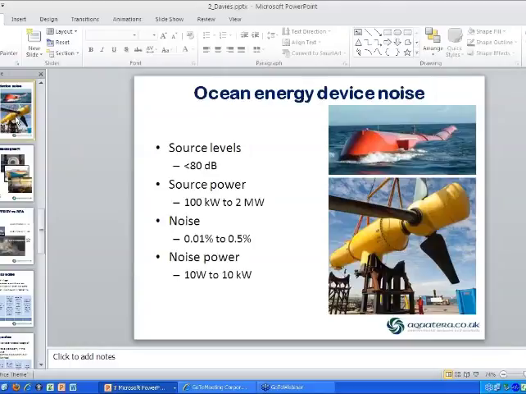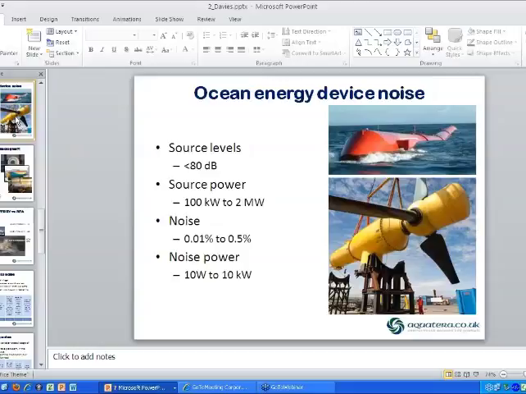Any thoughts on that? Yeah, I think that's a very important part of it. The interesting aspect is that most places where we've got large ships, there's a number of them because there'll be a port that they're heading to, and therefore you might get ships passing every day or even every hour. Obviously, if these devices are there all the time, that's a static form of noise.